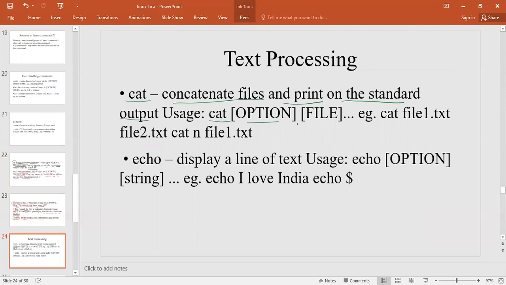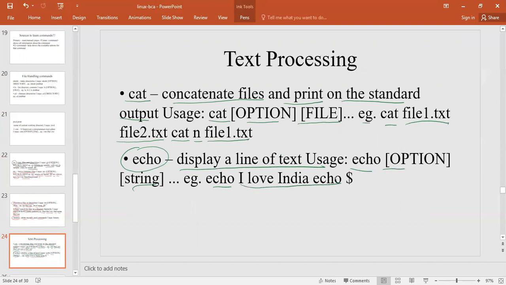Cat space and then the file. Example: cat file1.txt file2.txt, or cat file1. Then the echo command is to display a line of text. Usage: echo space and string. Example: echo I love India.